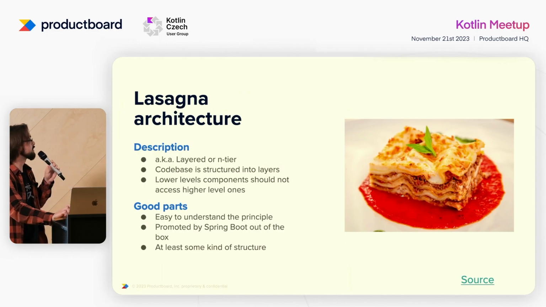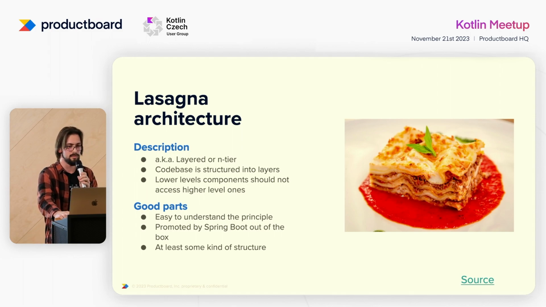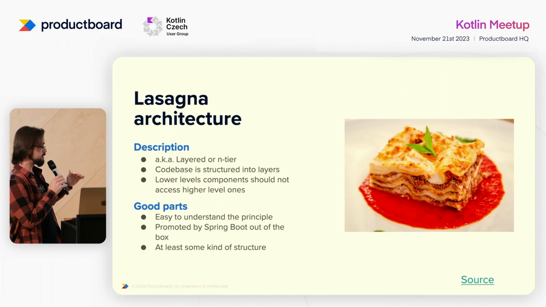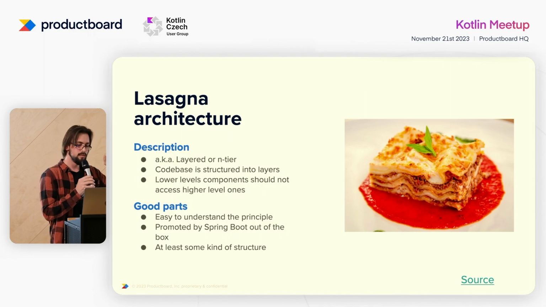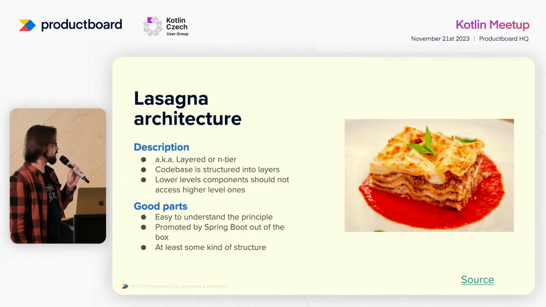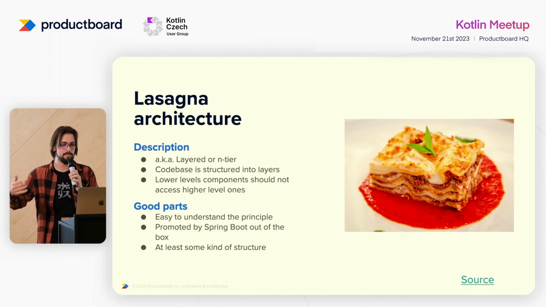Okay, first one, lasagna architecture, also known as layered architecture or N-tier. Basically, your code base is structured into layers, and lower levels cannot access higher level ones. It's a very simple rule to follow, and this is actually one of the good parts of this architecture, that you can explain these principles very fast